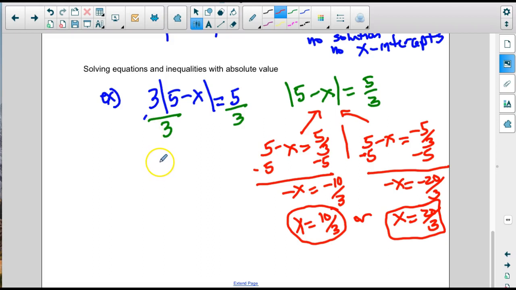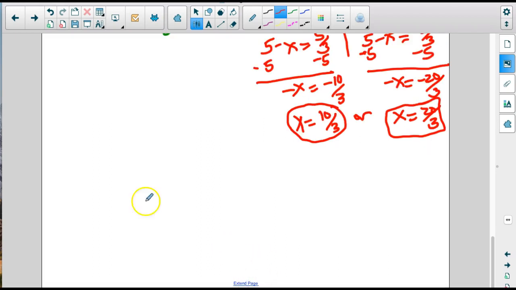Alright, let's do another example of this type. Let's put all of them together here. Let's do 5 times the absolute value of x minus 4, minus 7 equals 2. So this we're going to have to do every step that we can here. Okay, so first step,